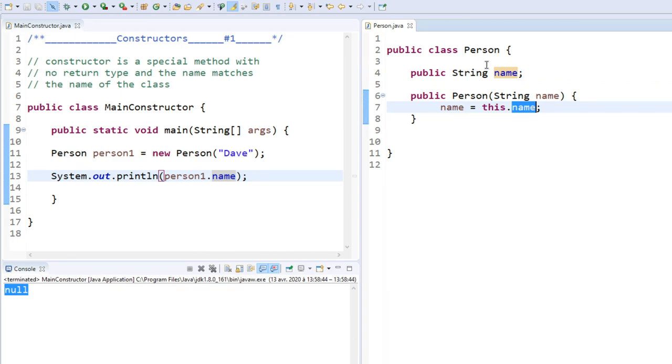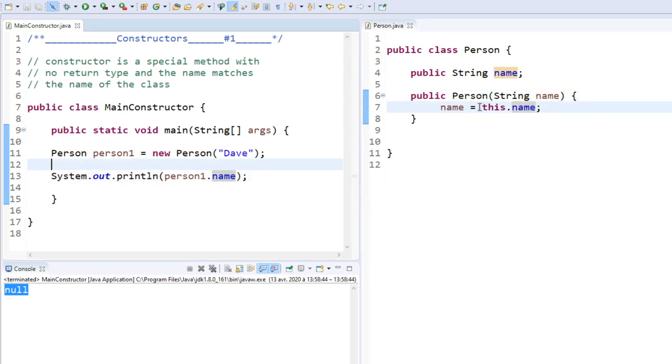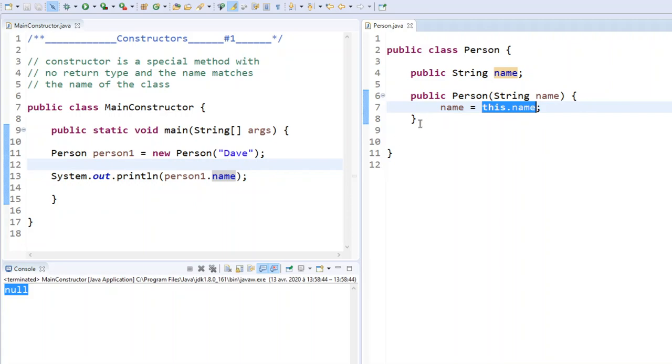We are doing the inverse. We are assigning the value this.name, which is null, to the argument. So we are not doing anything. So you have to worry about this. This.name must always be on the left side,